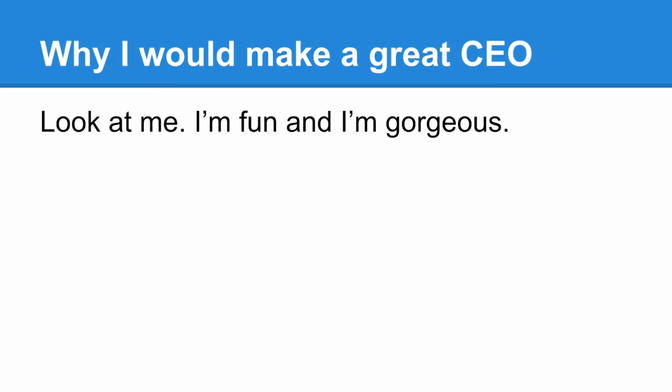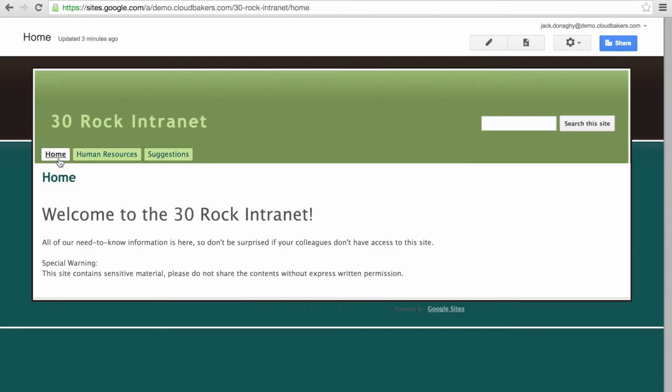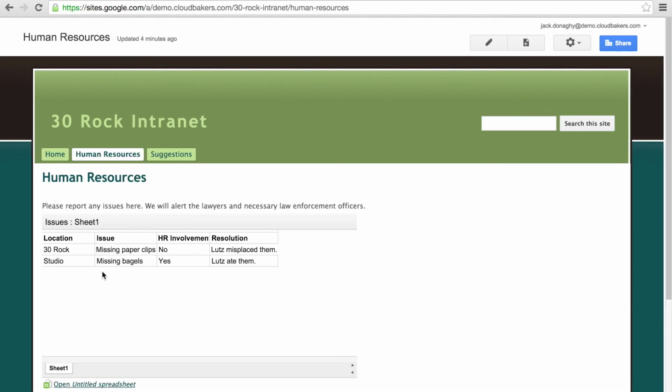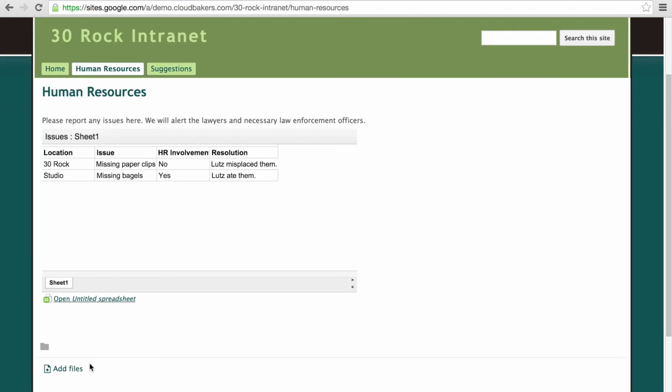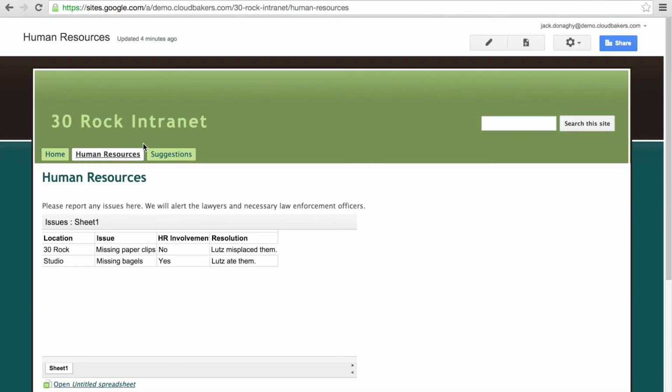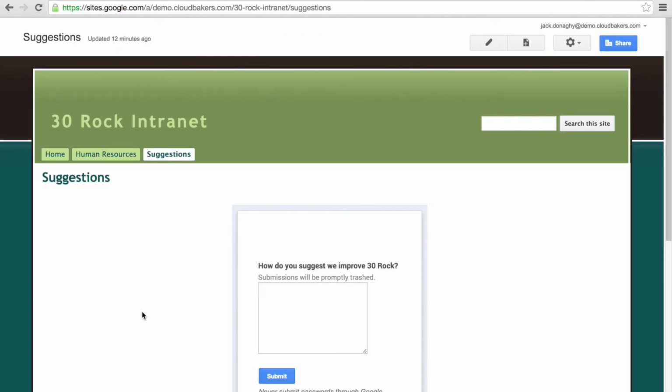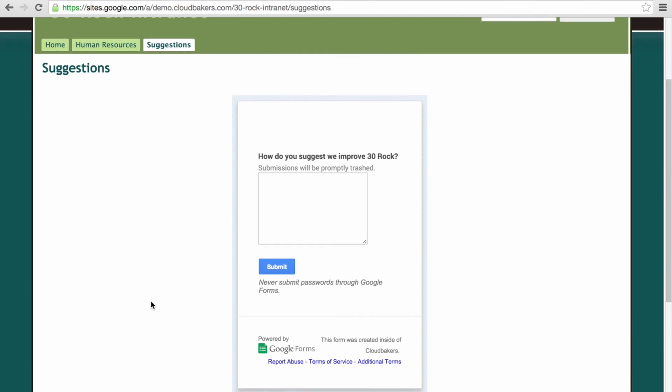Last but not least, I'll discuss Google Sites. A Google site can be created to take the place of your intranet. We can locate company-wide information here, such as employee benefits, HR documents, and reports that can be imported from other software that we use. What makes this the better option for your intranet?